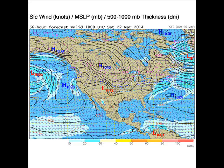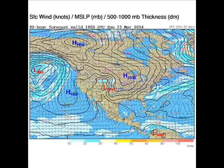And you can see even by Saturday that system is completely dissipated. But the high pressure coming down from Canada is going to bring temperatures down into the 30s and 40s for highs. Maybe a few places may not even make it out of the 20s. Sunday morning could be quite chilly. Could see readings in the teens and lower to middle 20s with highs around 30 to maybe 40